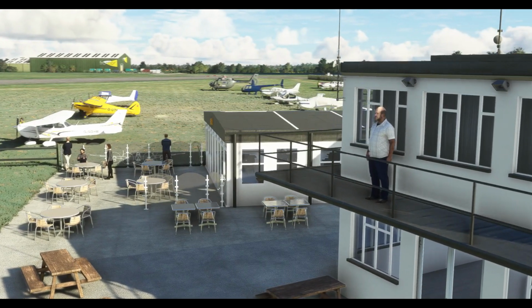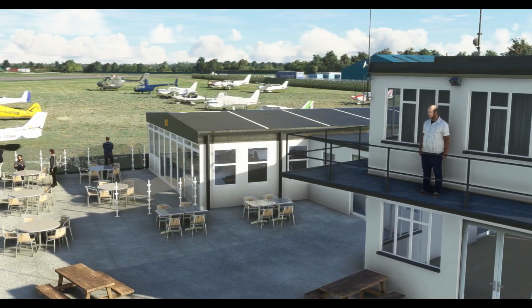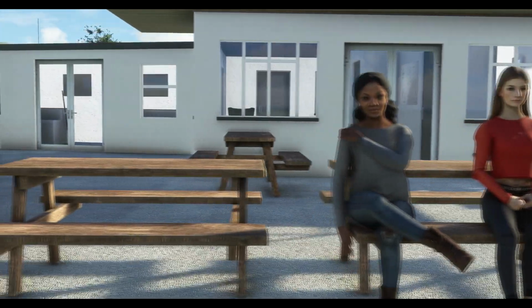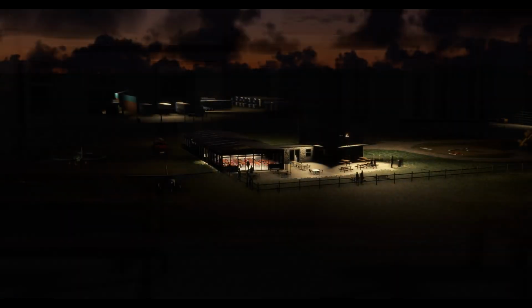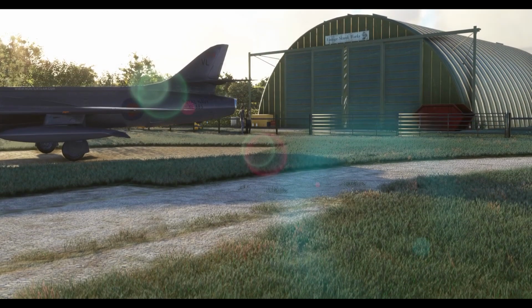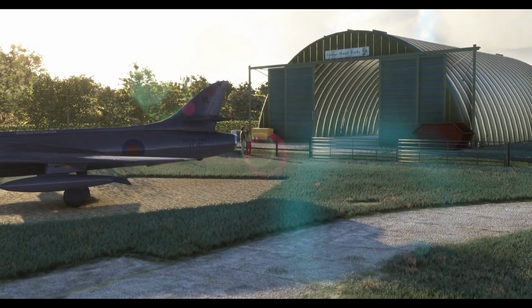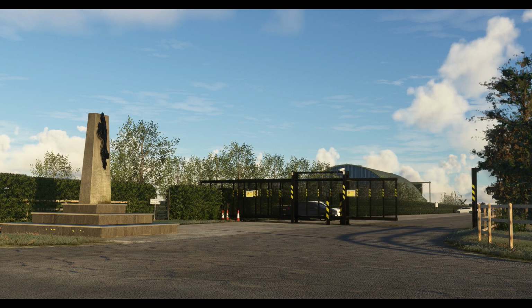Wickenby has been faithfully recreated by Burning Blue Design, undertaking on-site visits to ensure the highest levels of accuracy, and it features over 90 custom 3D objects, each with full physical-based rendering, that's PBR textures, based on the May 2023 layout, full custom night lighting, animated hangar doors which close at night, animated main gate which closes at night, a working signal square, completely custom windsock, animated spectators, real-life static aircraft seen